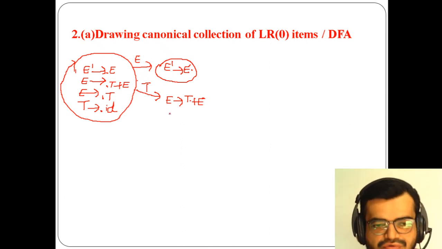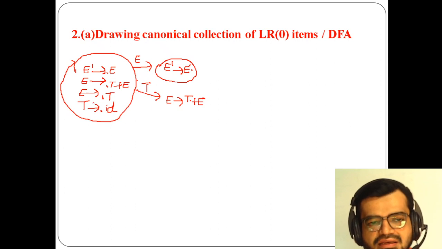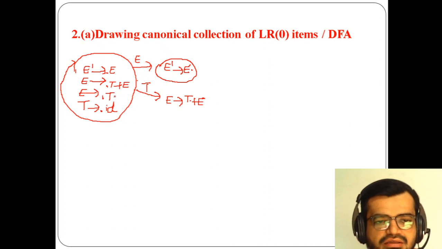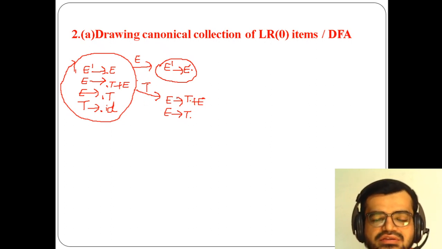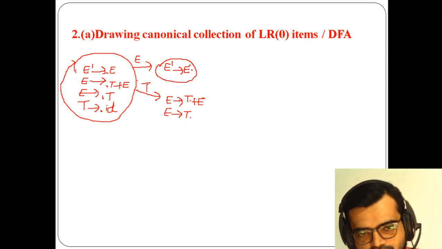Now what do I have to take further? For T, another production is also there, because there are two productions for T, this second production and the third one. So I'm taking the same production, the third production, in this one only, because it is for T. So here E extends to T dot. Now is there anything else here? No, nothing is there, right? So that's why it has to be completed. And if I observe here, after the dot, plus is there, but is there any production for plus? No. So there is no need of taking anything further. So this state is completed now.